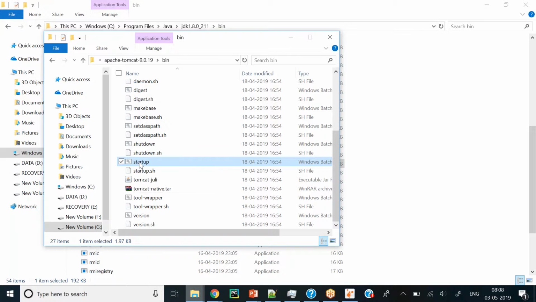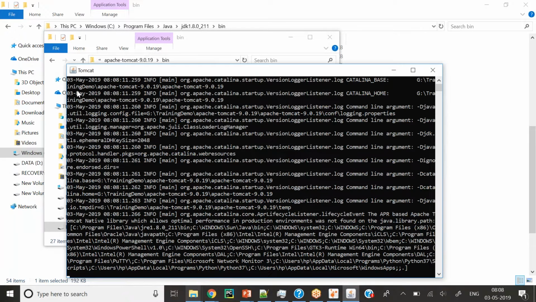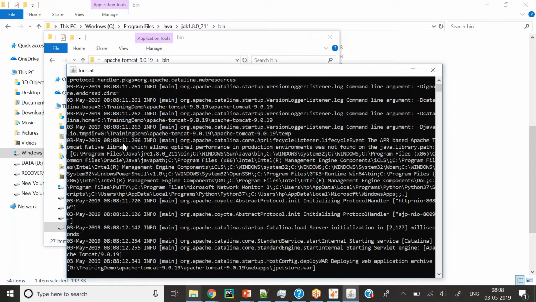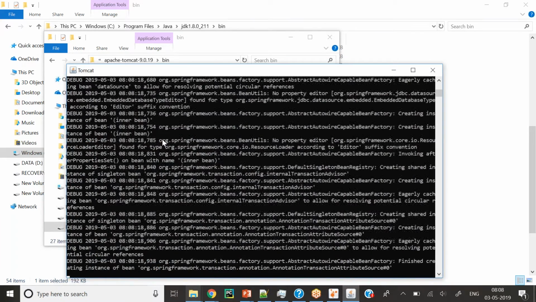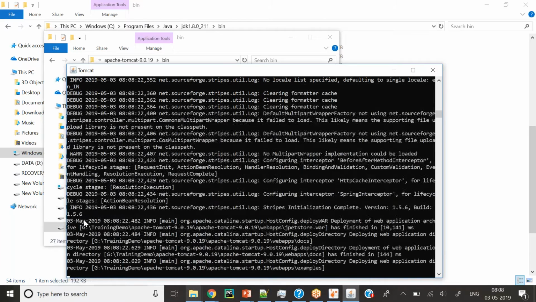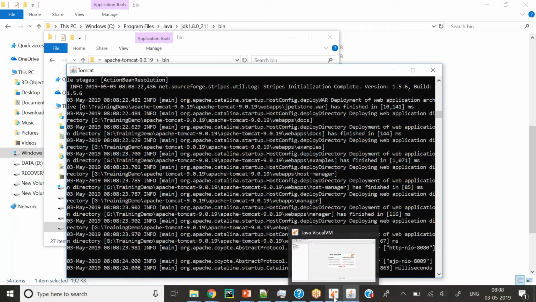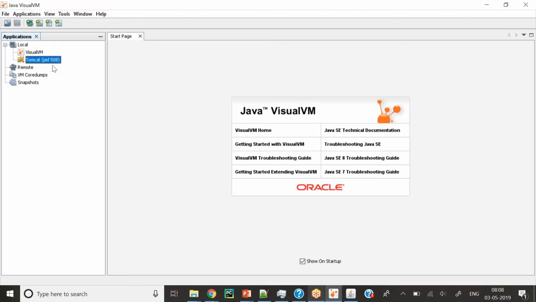As soon as you click on this file, you can see one command window opens for Tomcat, and it is starting up. You can go through and read this, and once it starts up, it will start logging. You can see the debug level is there. All the logs have started, so you can see server startup. After that you just go to this JVisualVM screen. Now you can see one Tomcat PID added. It automatically detected that there is an application, Tomcat.